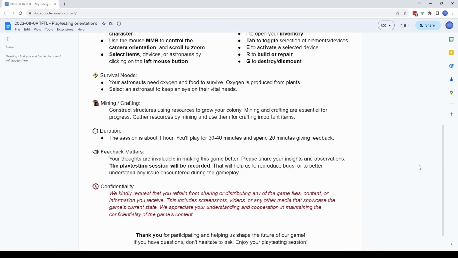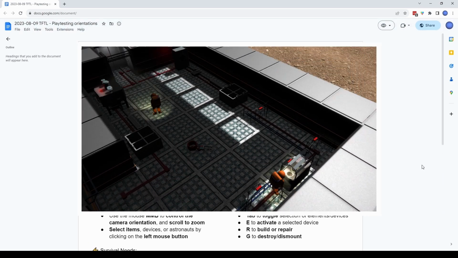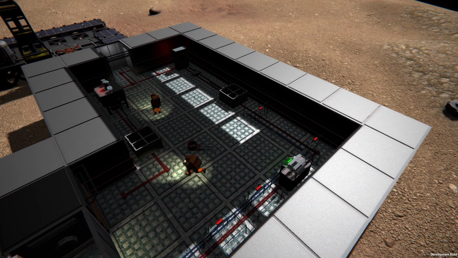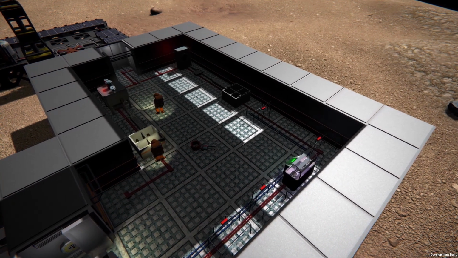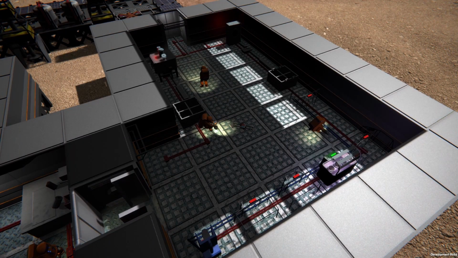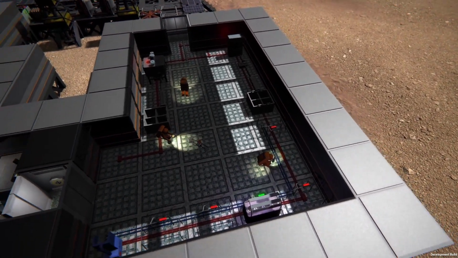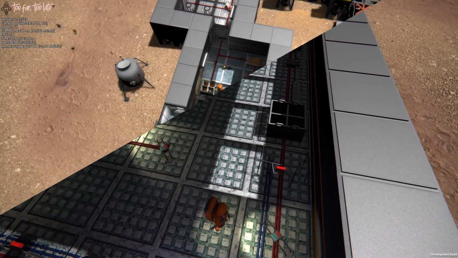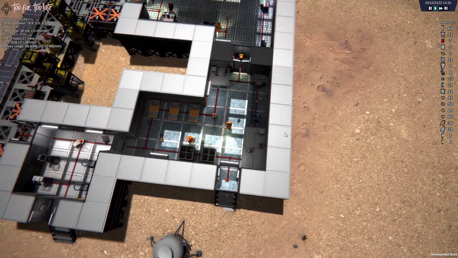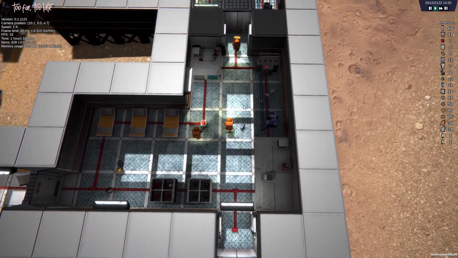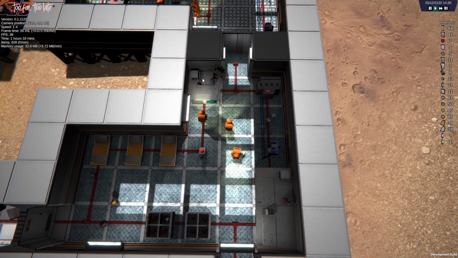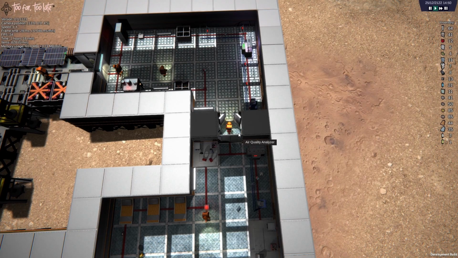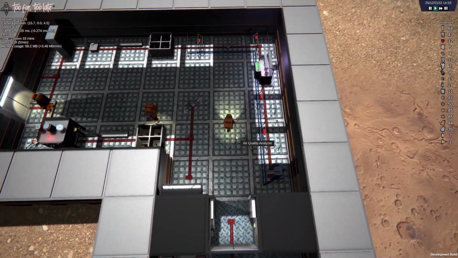Each participant received some orientation about how to play the game, like a small manual of orientations to ensure a smooth playtesting experience. We conducted the sessions on Discord, allowing me to record them for a better analysis. Since the game lacked a tutorial at this stage, providing basic orientation served as a first test to assess how quickly a player could adapt to the controls without forcing them to follow a step-by-step, button-by-button tutorial before allowing them to play.